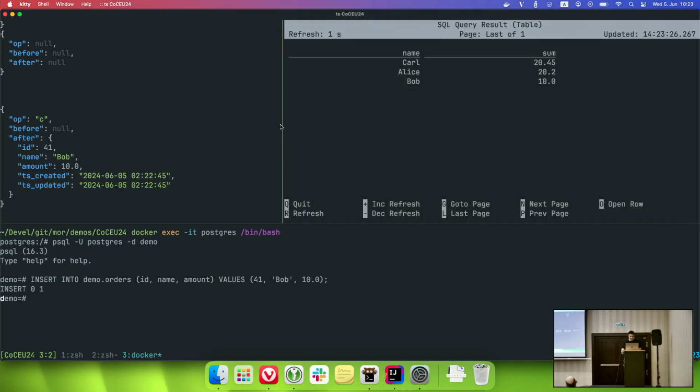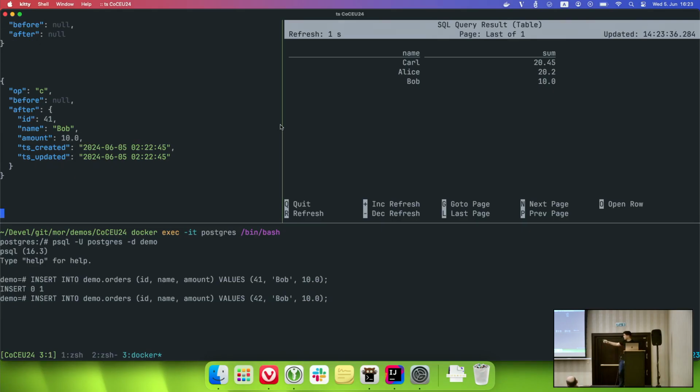Okay, let's add another record for the Bob with the new ID. Now, when I insert that record on the other side, on the consumer, we are expecting to see a new insert, like a new create record. But here the Bob's summation should be 20.